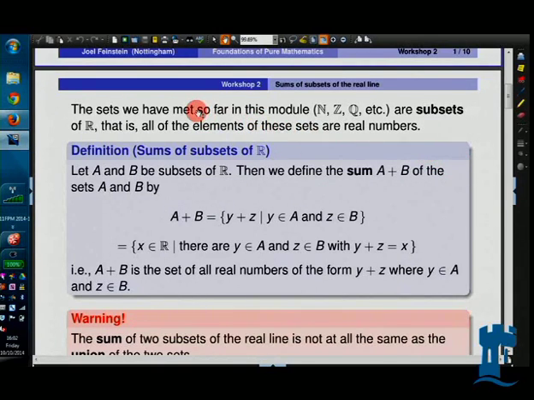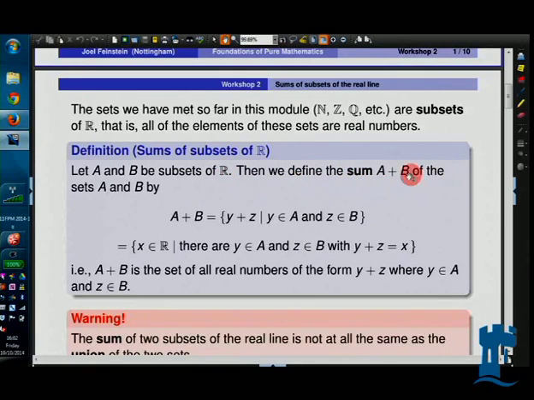So far we've only really talked about what I call subsets of R, which means sets whose elements are real numbers, some or all of the real numbers, like the natural numbers, the integers, the rational numbers. Those are sets of real numbers, so they're subsets of the reals. Whereas if you go to something like the complex numbers, that's not a subset of the reals anymore. Okay. So if you've got two different subsets of real numbers,